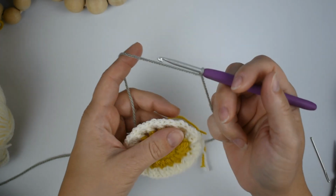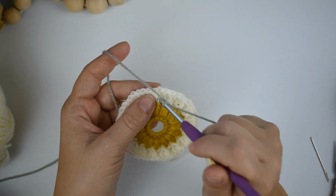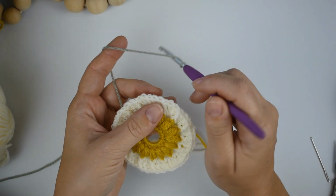Okay, so round number 4, make a standing back post double crochet around a front post double crochet. So it's the same concept, except backwards. So we don't come from the front, we go from behind. So yarn over,